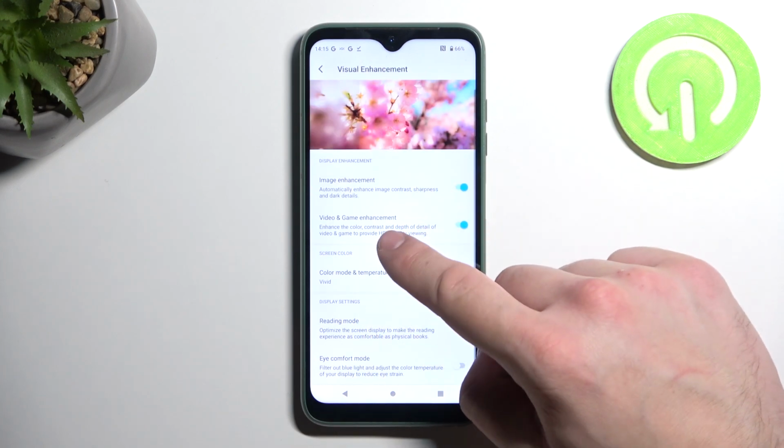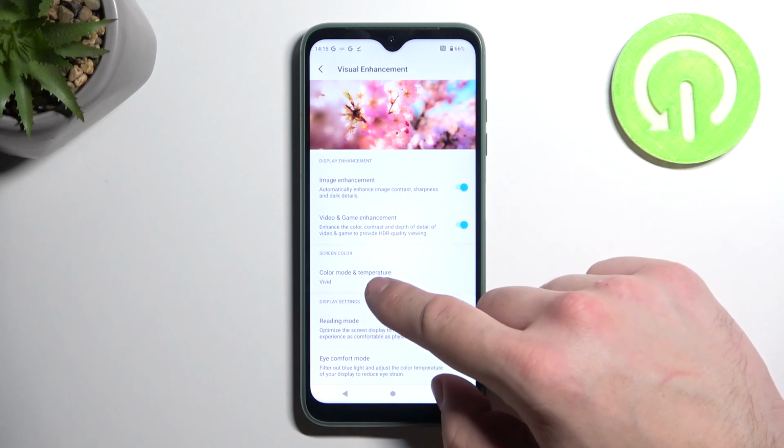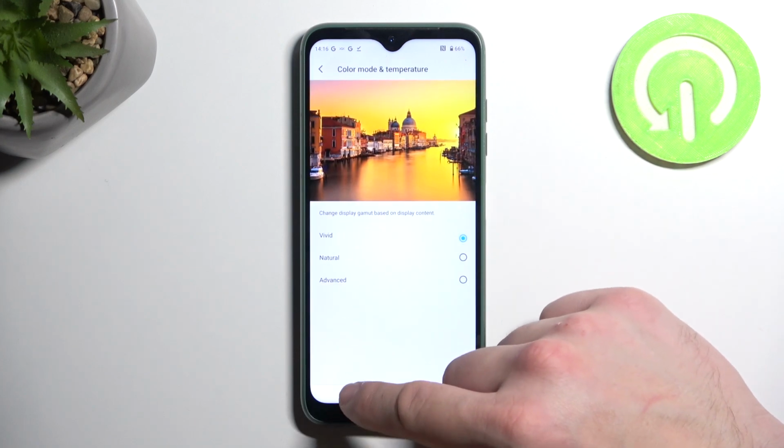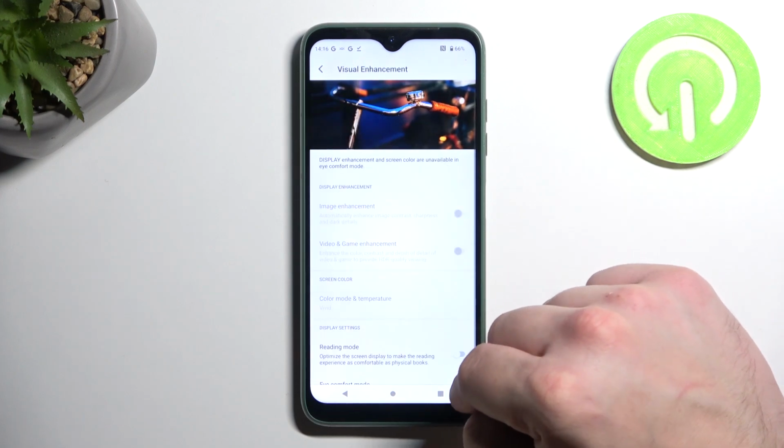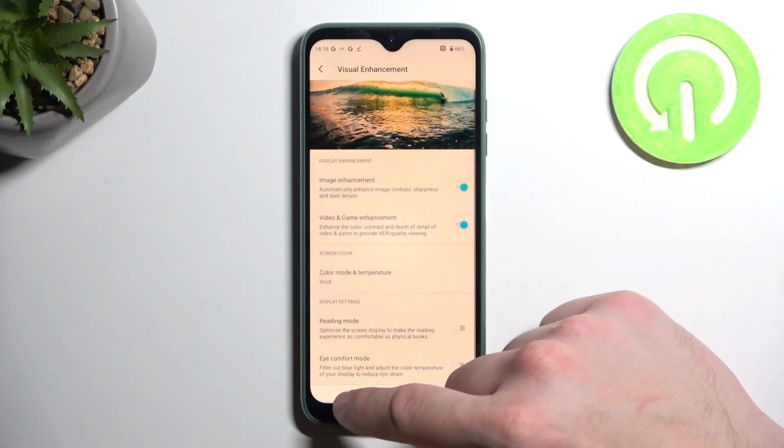For image, video and game, we can change color mode and temperature, enable reading mode, and eye comfort mode. And that's basically it